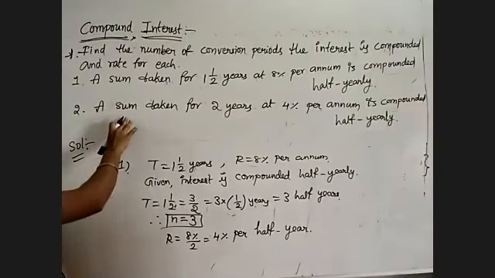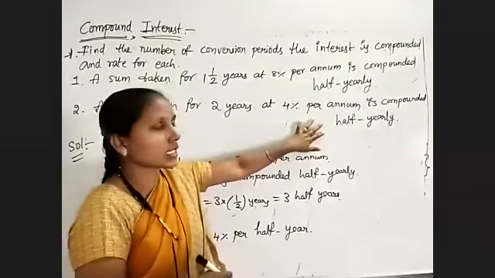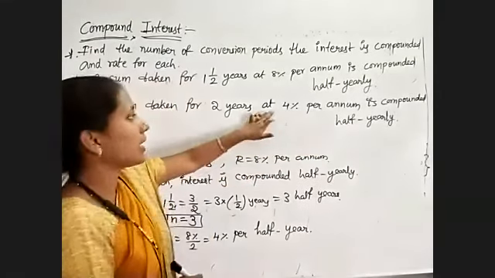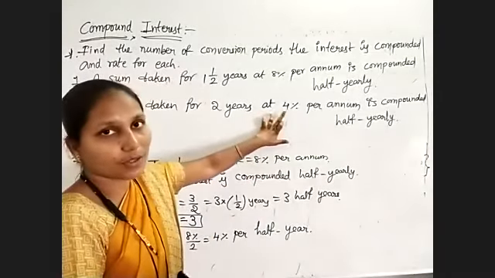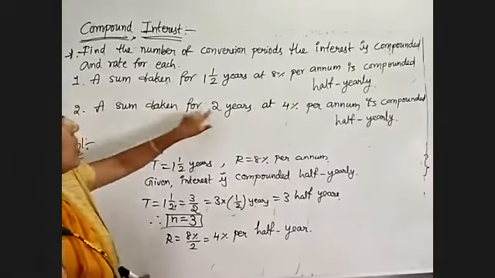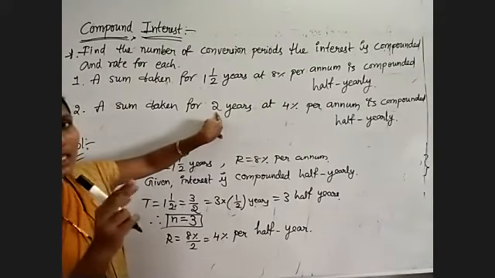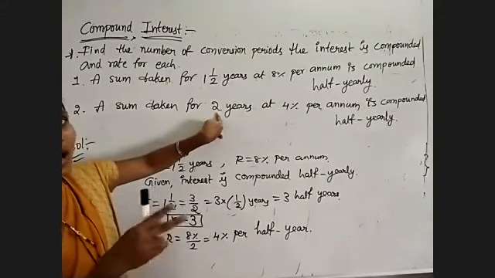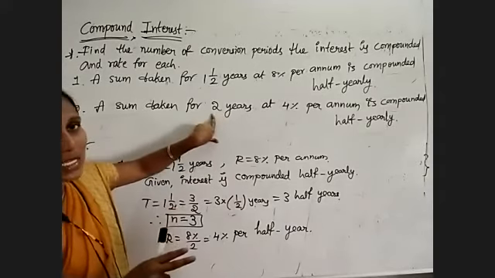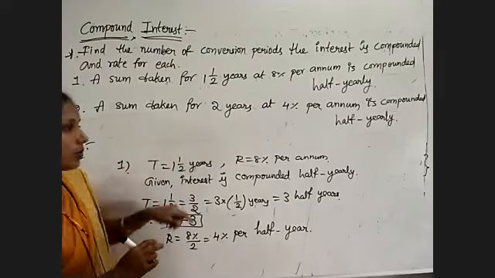Observe, like that only we must calculate for the second one. And here also amount is compounded half yearly. Again, rate of interest we have to take half, that is 4/2, which is nothing but 2%, it will change. Coming to 2 years, the given time is equal to 2 years. In 1 year, we are getting 2 half years. So 2 conversion periods, like that 2 years are there. So 2 into 2, 4 conversion periods we will get. I hope you understood now.